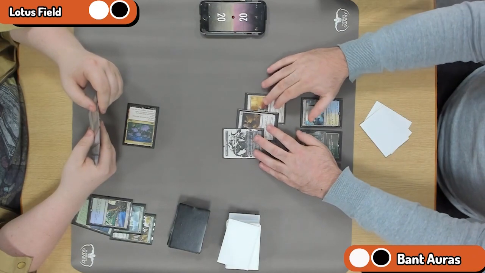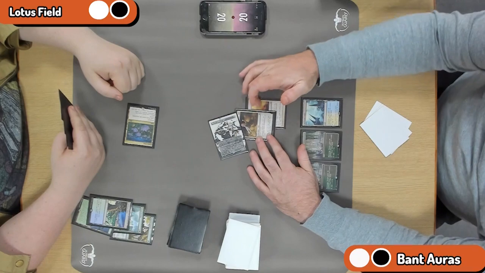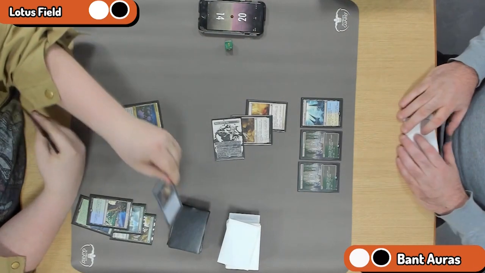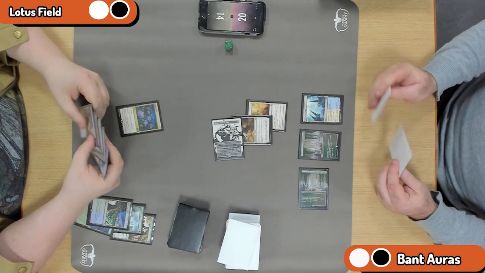And speaking of which, Ethereal Armor is coming in, and it was free. Oh no, he's completely counting. He's free. Oh, he did. Hey, Bant Auras player, pay the mana. But there we go. 6 damage when they...